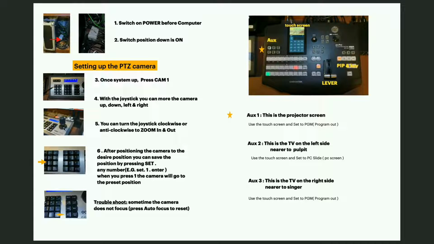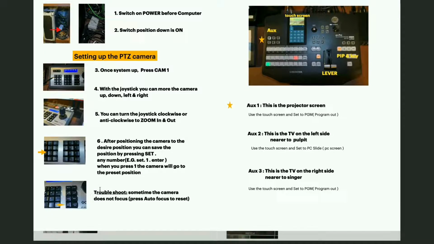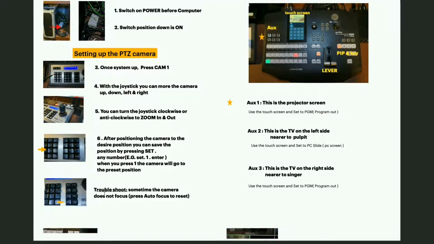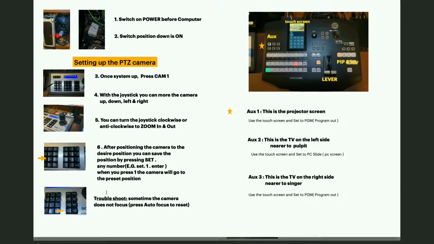Next, let's say you have a position that you want and you like the position, you can save it by pressing set. You can press set 1 and enter for your first position. Then if you have another position that you like for the camera, you can press set 2 and enter. After you have done that,